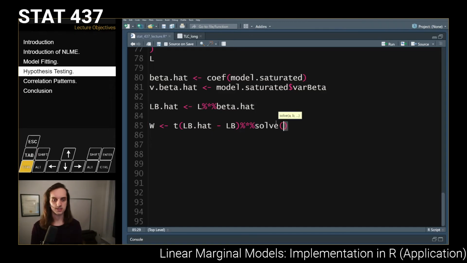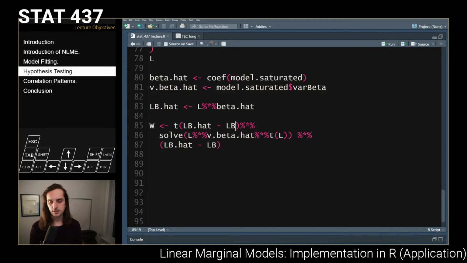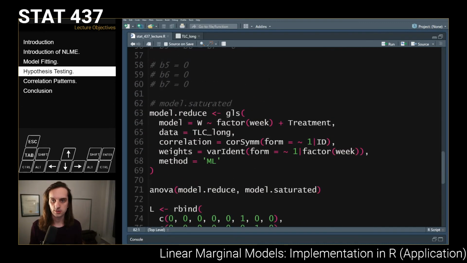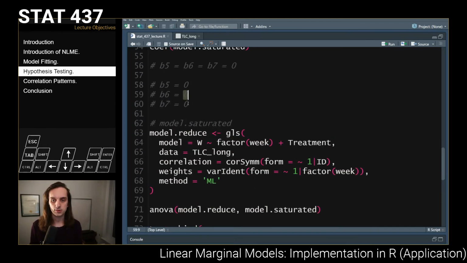To get an inverse matrix in R, we use solve. And in particular, we actually need to multiply this by the L and L transpose on either side. And then we want to matrix multiply this by L beta hat minus L beta. Now, L beta here is going to be the L times beta under the null hypothesis. So if our null hypothesis is true, L times beta should be equal to a vector with 3 zeros,